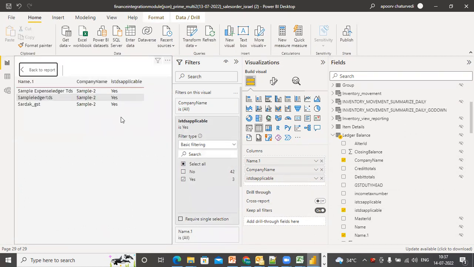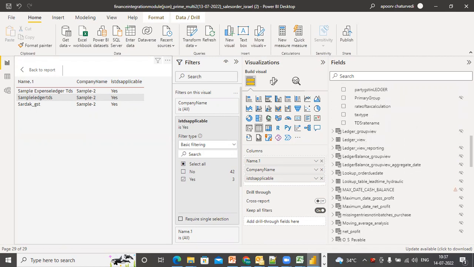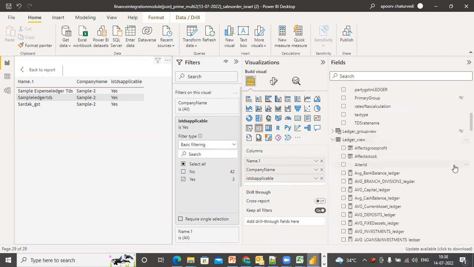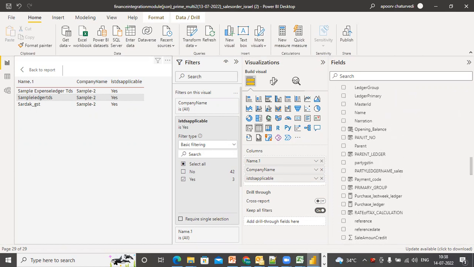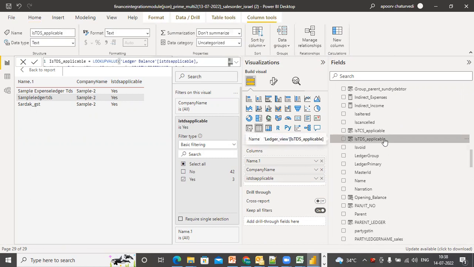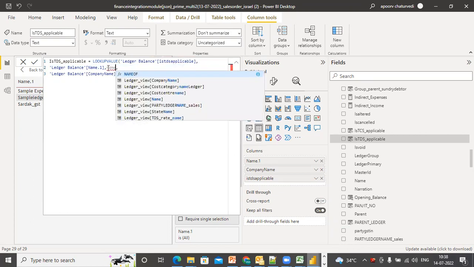So in these cases, the TDS is applicable. So when I pick it up there, then why does the TDS applicable not come here? Because it has been done based on party ledger name sales. So if I change it to name,